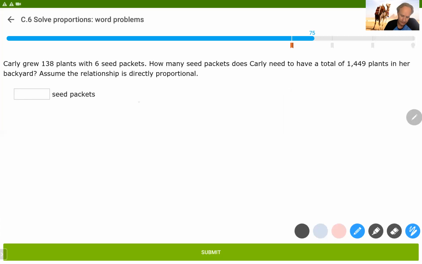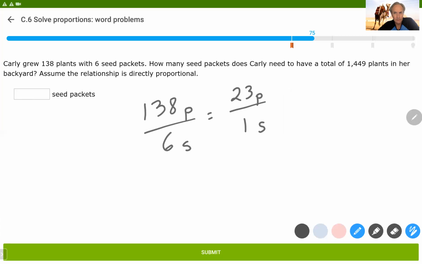138 plants for 6 seed packets. When we divide that by 6, we get 23 plants per 1 seed packet. Must be little seeds. How many seeds does she need for